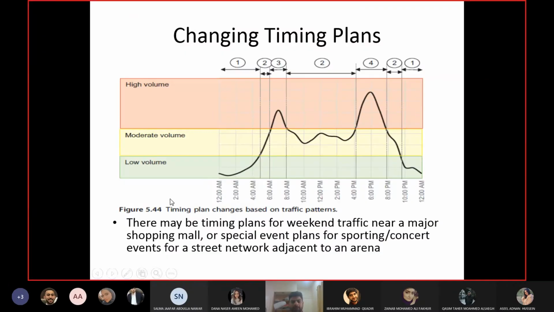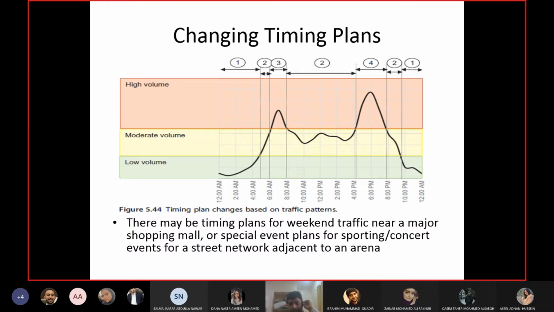Okay, so you can see the example of a pre-timed signal, how the timings are changed according to volumes. They have basically developed four plans. Plan 1, you can see here the name of the plan. Plan 1 is for low volume conditions. So here and here plan 1 is operated, and plan 2 is for moderate volume conditions. So you can see here and here and here, in the yellow region, plan 2 is being adopted, and plan 3 and 4 are for high volume conditions.